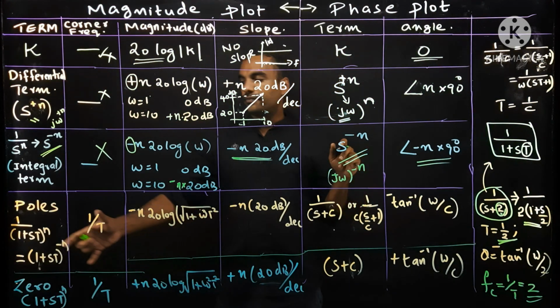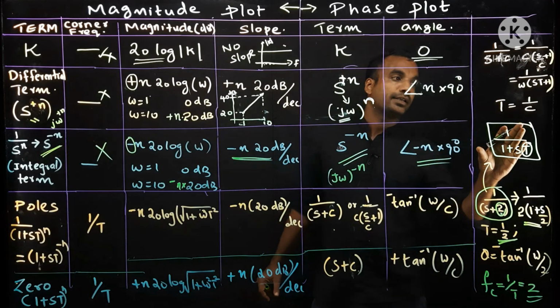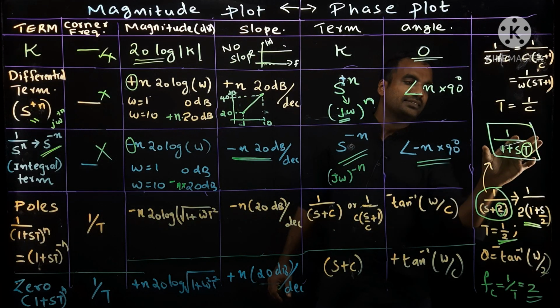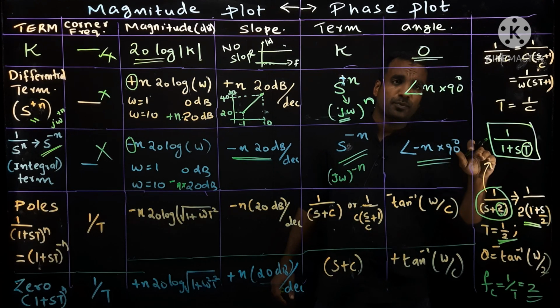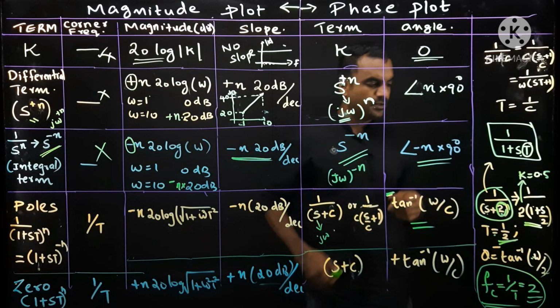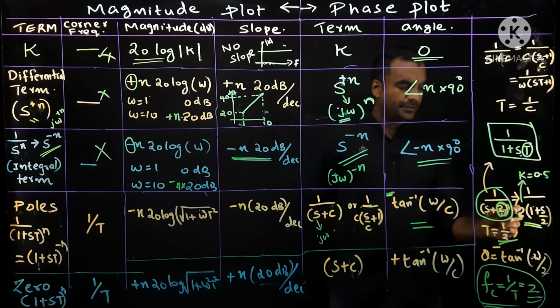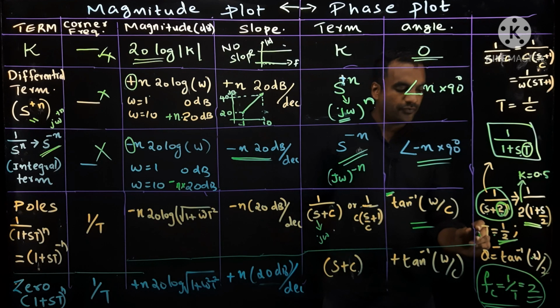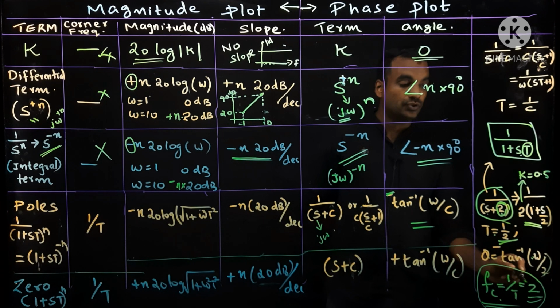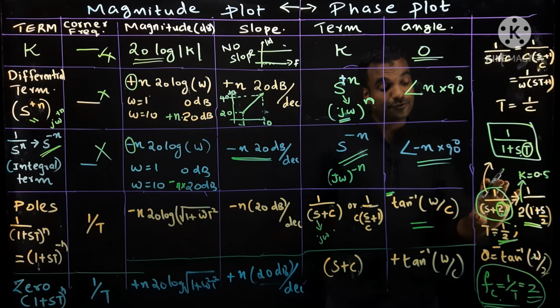Okay. Now again we are coming to poles. Once again I am making it clear for you. This is the standard representation of a pole. If it is a zero, this will be 1 plus sT. If it is a pole, it is 1 by 1 plus sT. 2 is taken outside and this will become 1 plus s by 2. We know the standard form is 1 plus sT. So T is equal to 1 by 2. After that, if T is equal to 1 by 2, the corner frequency will be its inverse. So the corner frequency will be 1 by T, that is 2. So directly from this standard form we can find the corner frequency.